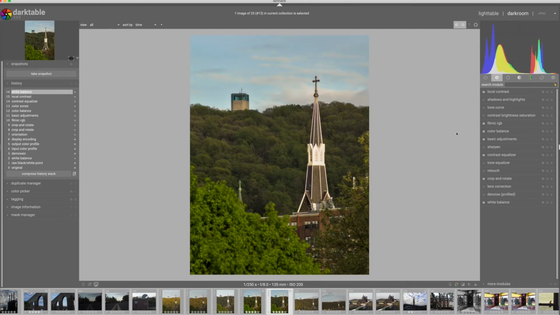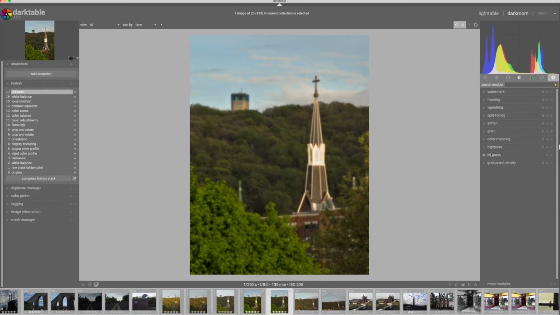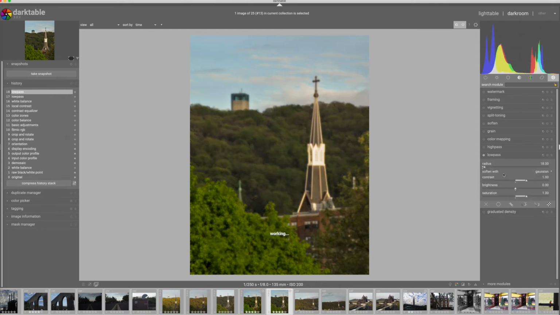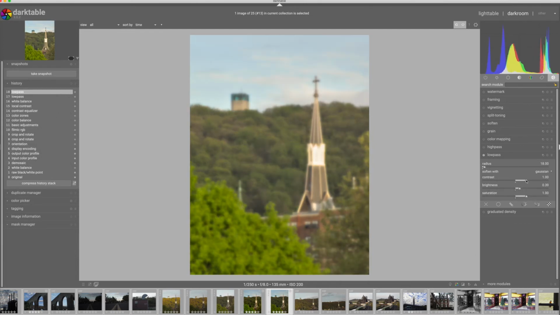I know one thing I haven't done yet on the new version is my Orton effect. So why don't we do that quickly and remind everybody how that's done. So I'm going to go to the special area and I'm going to apply a low pass filter. I'm going to set my radius to 18. I'm going to bring the brightness up. I'm going to bring the contrast down and the saturation down,